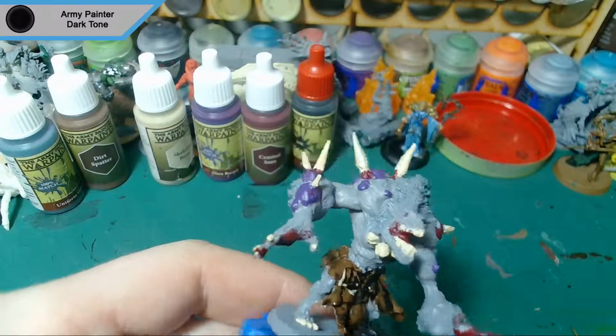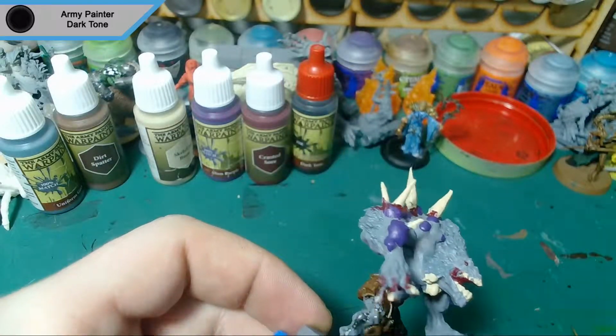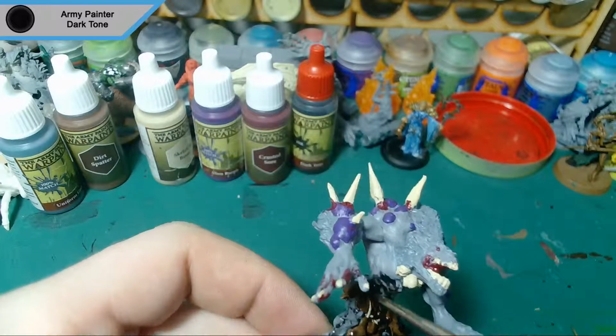But now we move on to the wash, and I do the same wash over the entire model, and that is dark tone. And to be honest, this is where I started to realize that